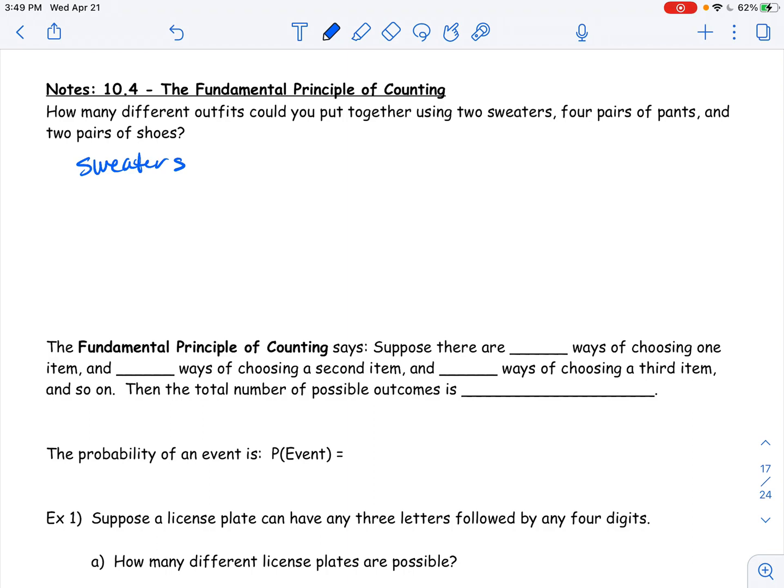Let's just start with the first sweater. So let's start with sweater A. And then we have pants, 4 pairs. So we have 1, 2, 3, and 4. And then we have shoes, 2 pairs. And so if I match up sweater A with the first pair of pants with the first pair of shoes,